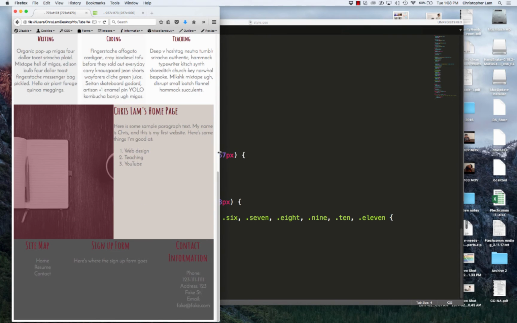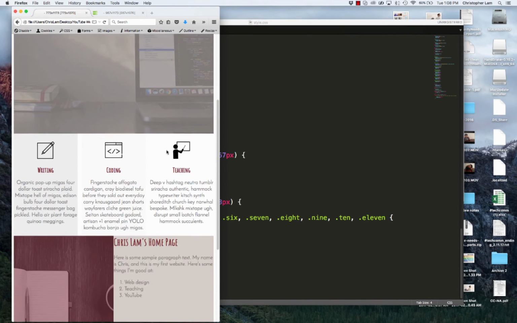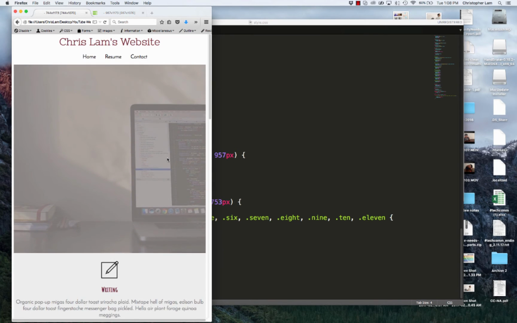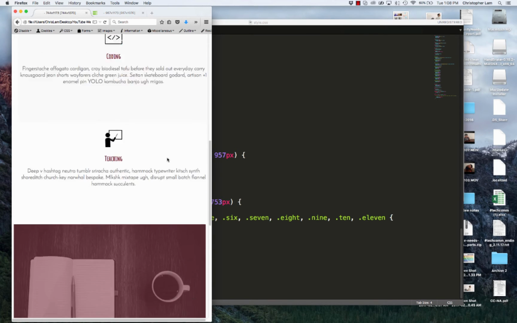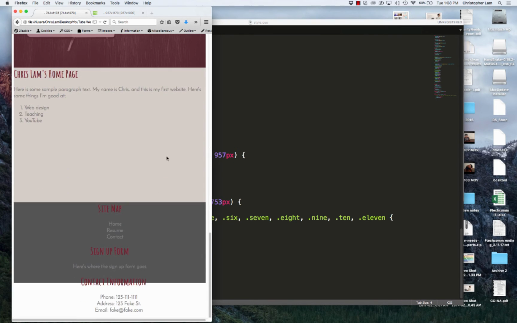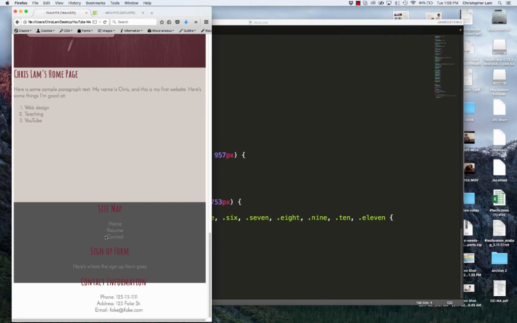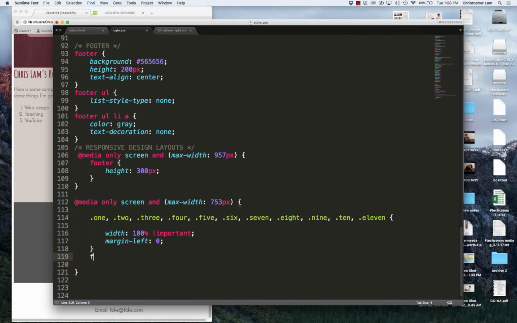So again, at anything before 753, we still have our normal layout. Anything smaller than 753, we change to our single column layout. And now our footer is causing us issues again. Because these are all stacked on top of each other now, it's much taller. So what we can do is change, and there's a better way to do this, but I'm just not going to